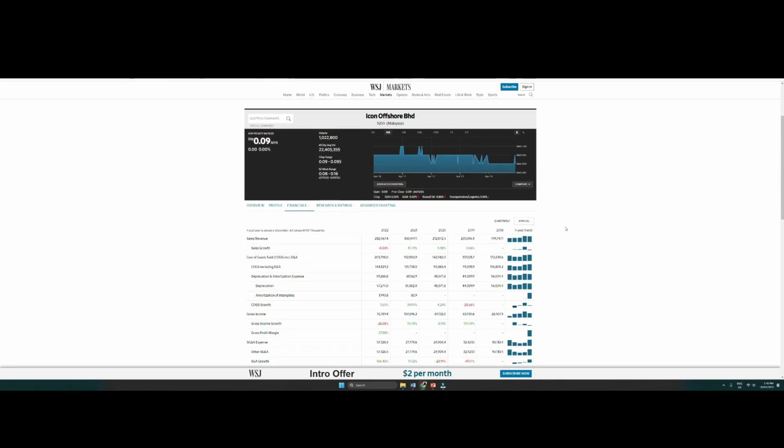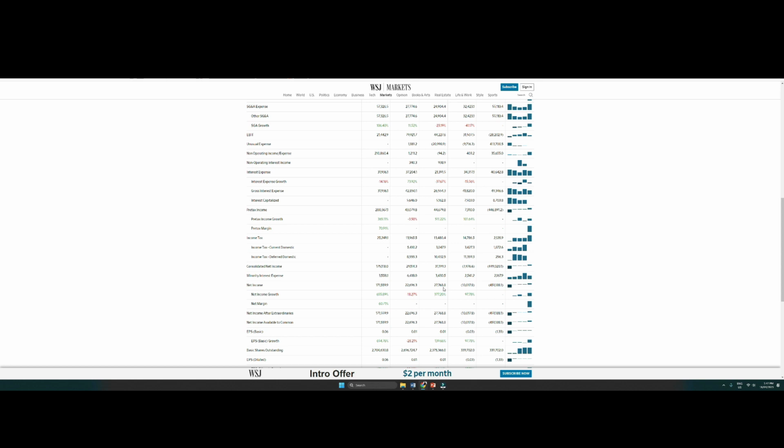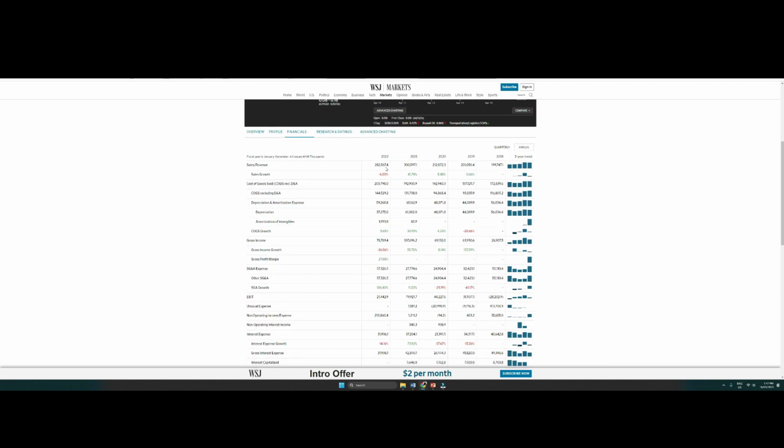When I take a look at its latest profit and loss statement, fiscal year 2022, we could see that this company is an income producing company since year 2020. In fiscal year 2020, this company recorded a net income of Ringgit Malaysia 27.76 million, and in the following year 2021, it recorded a net income of Ringgit Malaysia 22.69 million, which was a reduction of 18.27%. Even though its full year revenue decreased 6% to Ringgit Malaysia 282.6 million from Ringgit Malaysia 300.6 million in